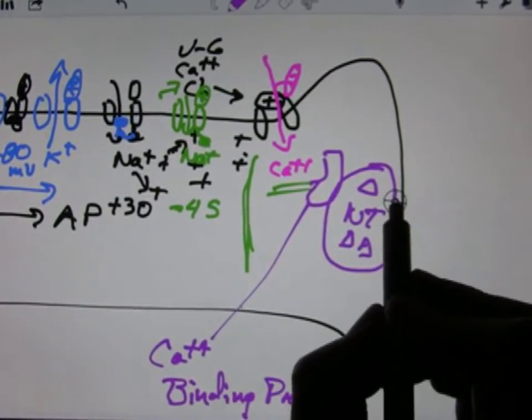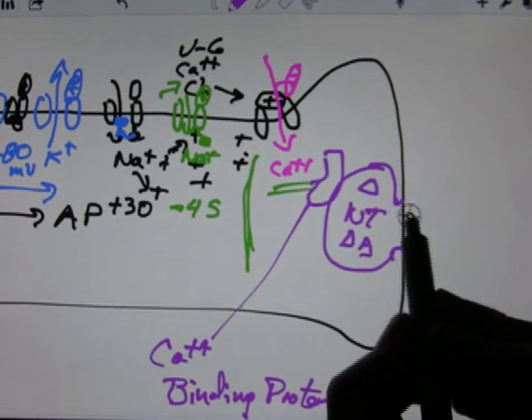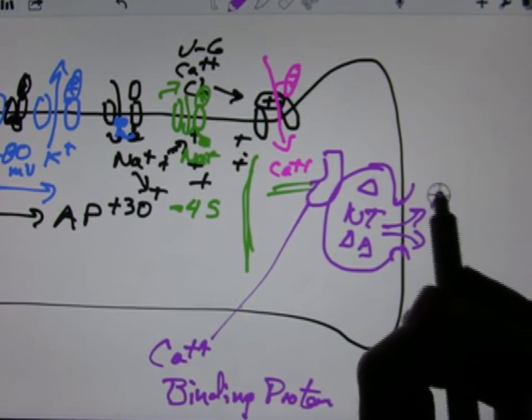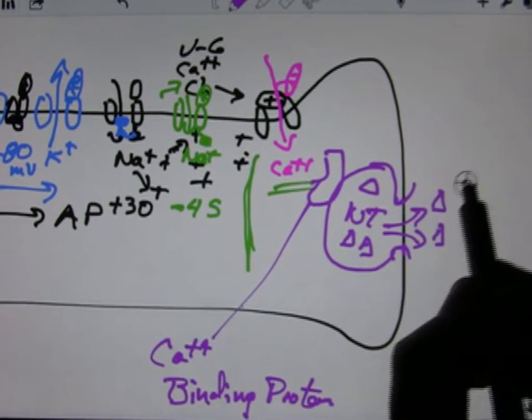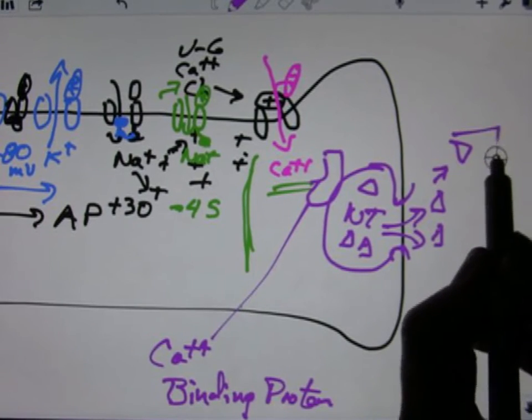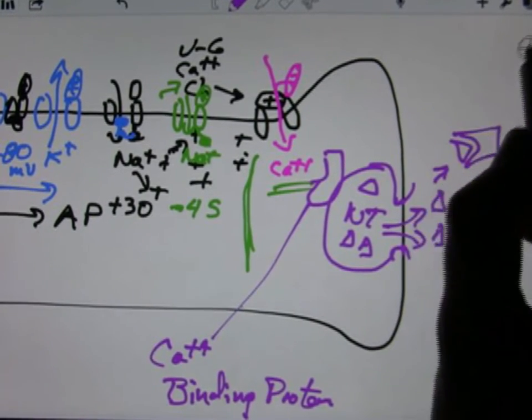That interaction would cause that vesicle to fuse with the membrane and release neurotransmitter. The neurotransmitter would bind to neurotransmitter receptors on the next cell,